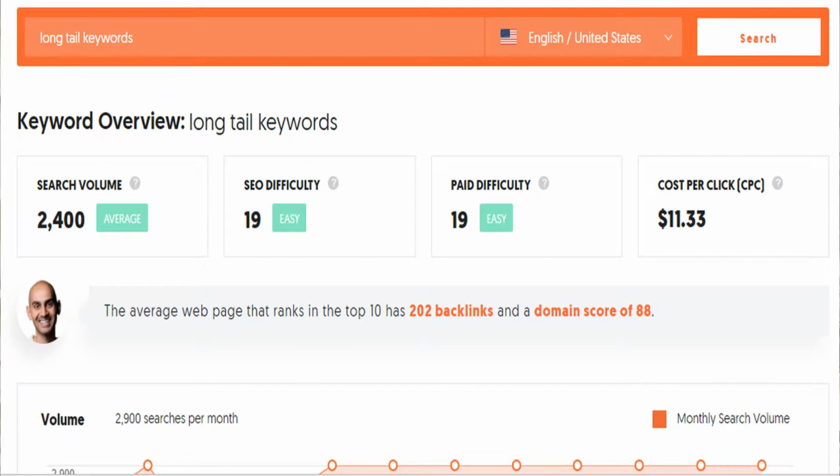There's a tool that I use called Ubersuggest, and we're going to get to that in just a moment. Ubersuggest is one of the free tools that I use and I love, because it gives you the search volume, it gives you the competition, and when the level of competition is 10 or under, I'm paying attention to it. The way this tool rates things, if it's 10 or under, I've got a 90 to 99% chance of scoring